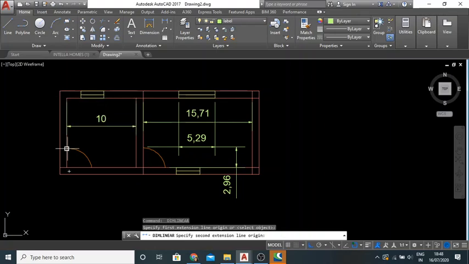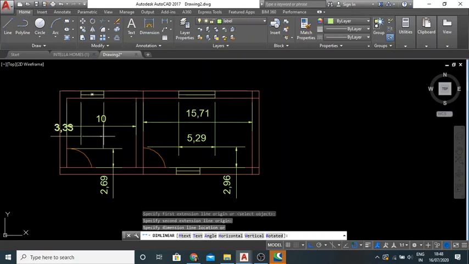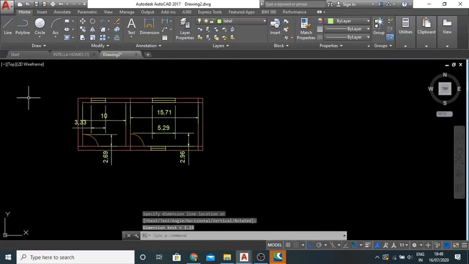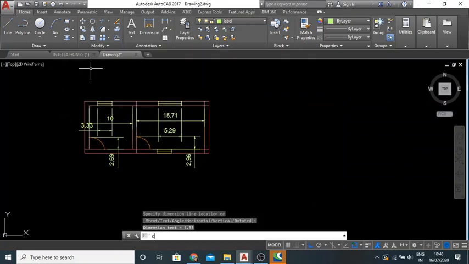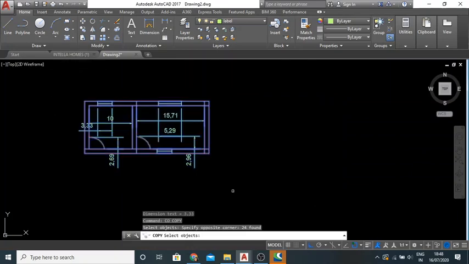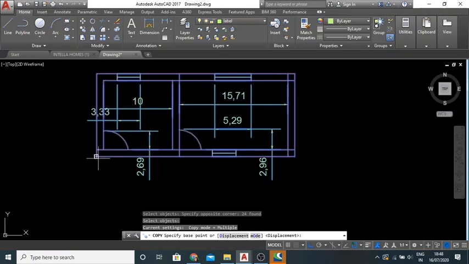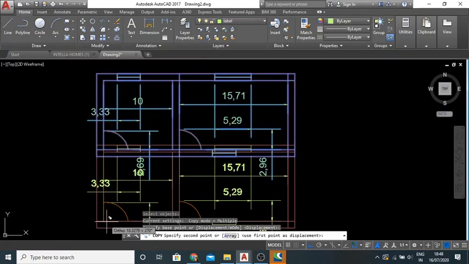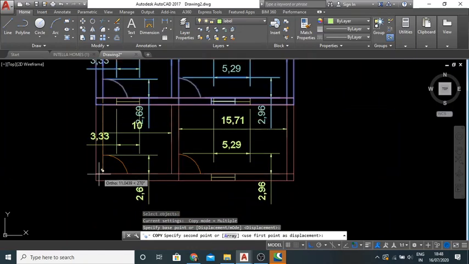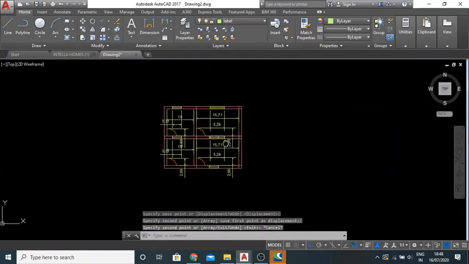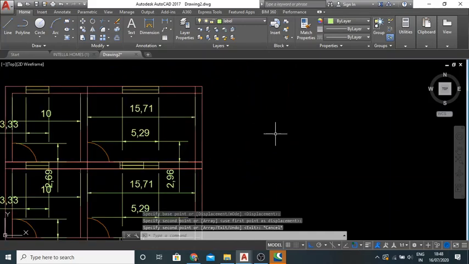I'm just selecting anywhere and giving the dimensions so that I can explain it to you properly. So please don't judge me. I'm creating two more rooms here. Now our plan is created with layers.